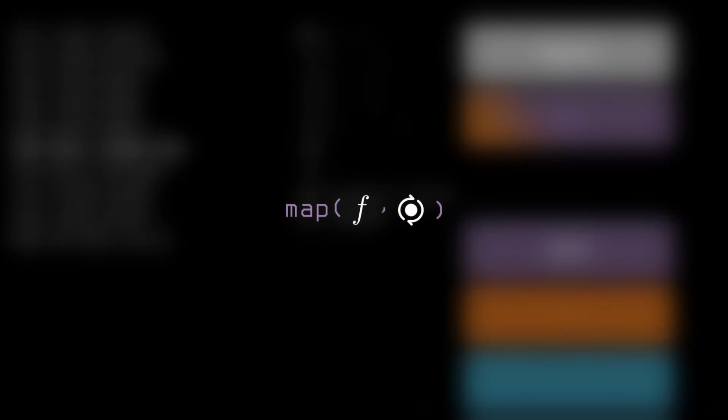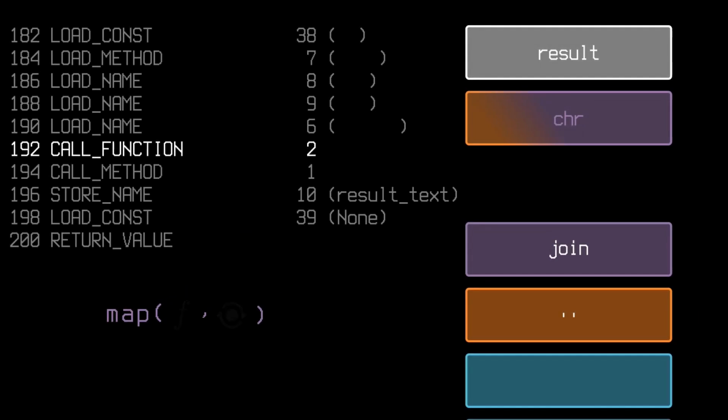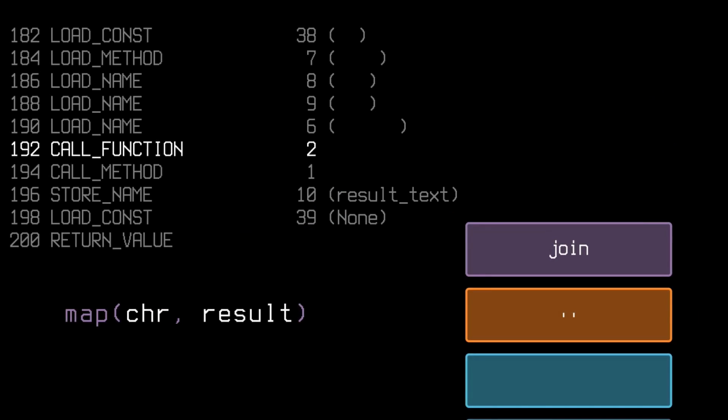In Python, the map function takes in another function and an iterable, and repeatedly performs the same function on each element of the iterator. So, this new iterator created by the map function applies the chr function on each number in the result list to convert it back into a character.